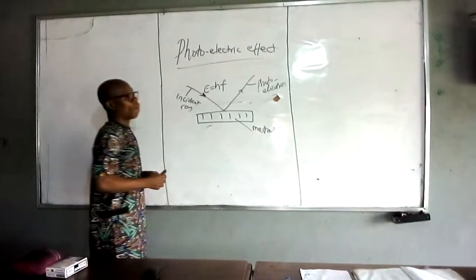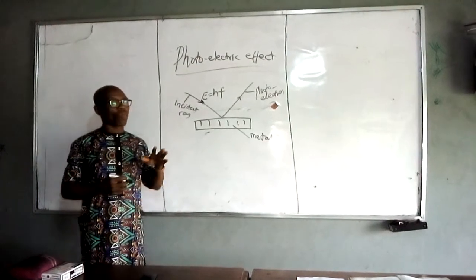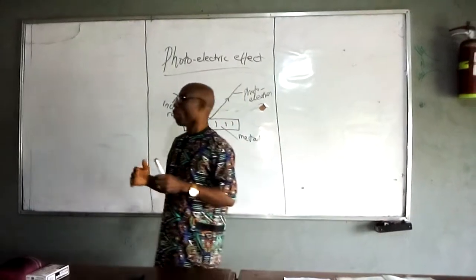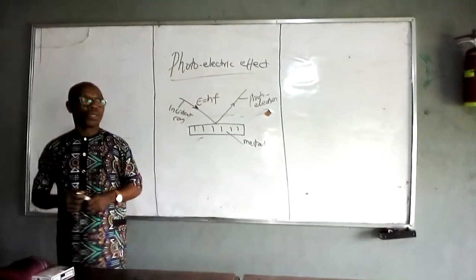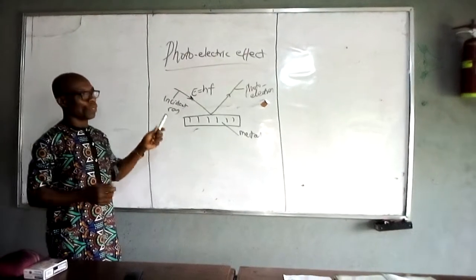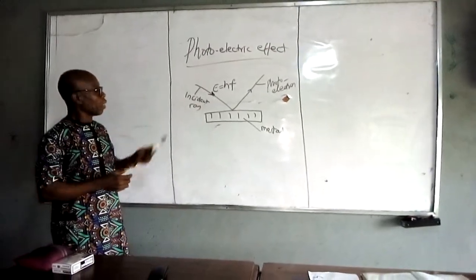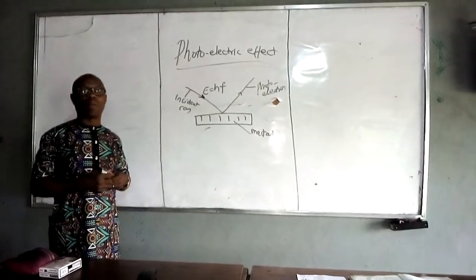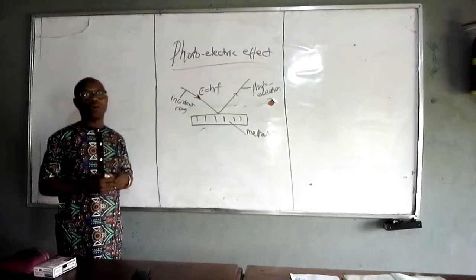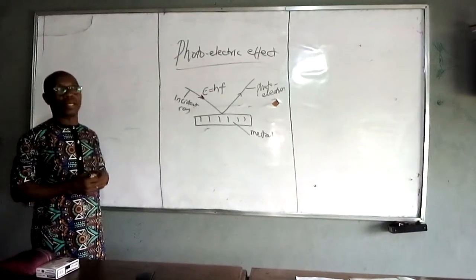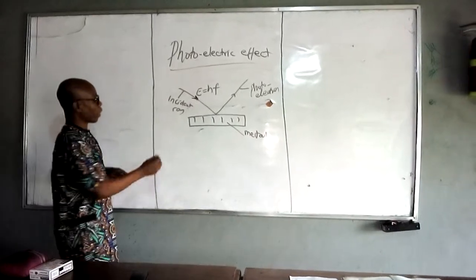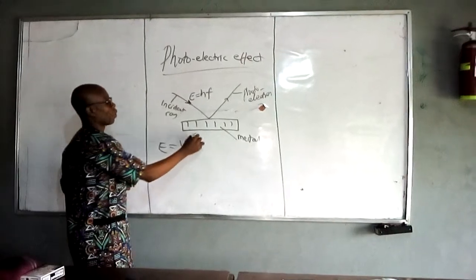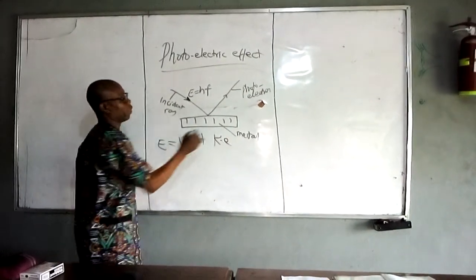And if we make use of Einstein's photoelectric equation, we can solve problems involving energy that is used to liberate electrons from the metal surface. So Einstein's photoelectric equation states that E is equal to W plus KE,